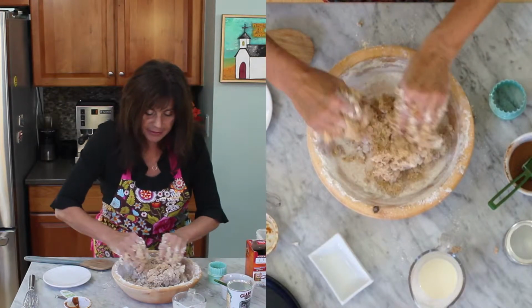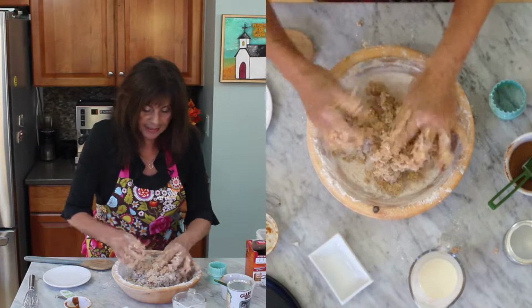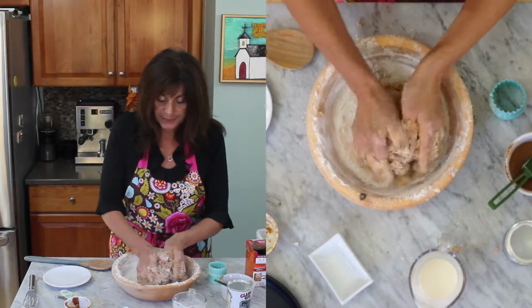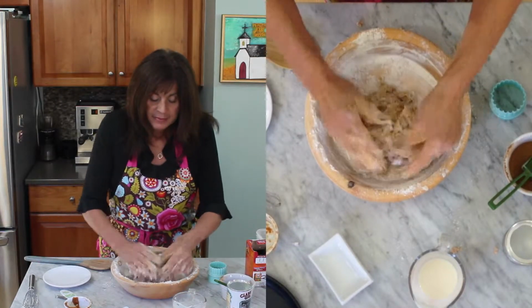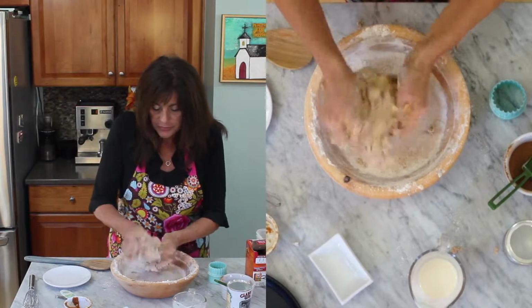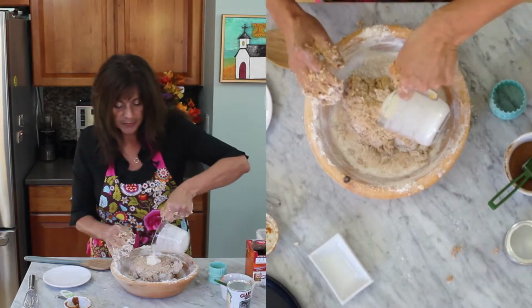But I think nothing is going to make people happier starting off the day, Thanksgiving, at breakfast with some pumpkin biscuits, with that cinnamon and ginger and clove and nutmeg smell coming through the house, just starting the day off just right. Now it's still just a tiny bit drier than I wanted, so I'm going to go ahead and